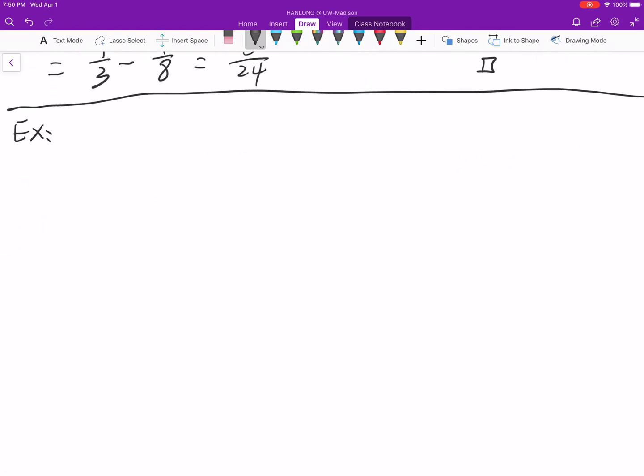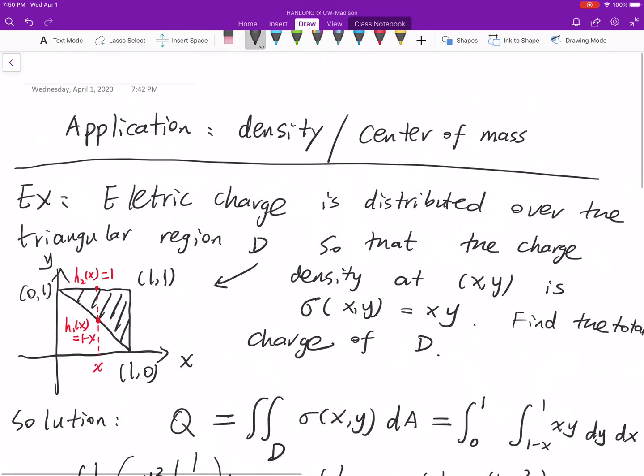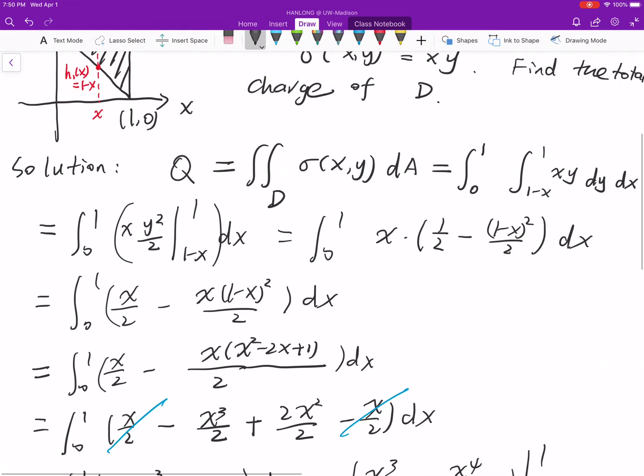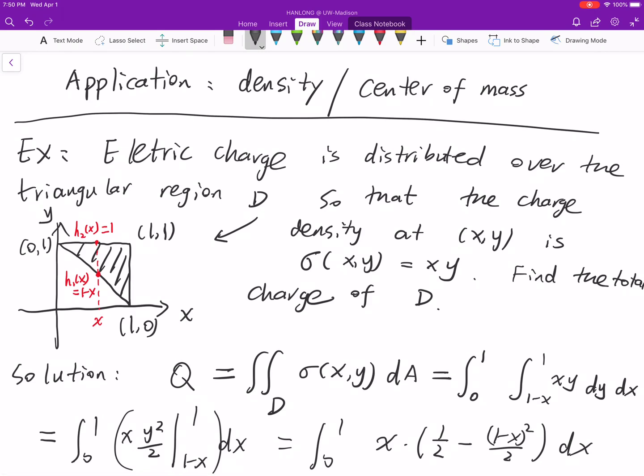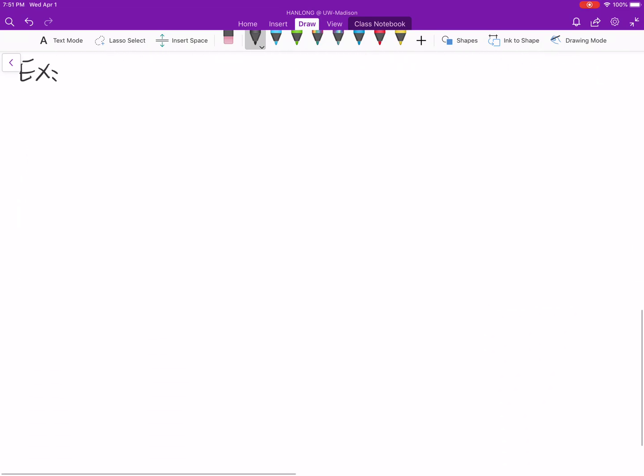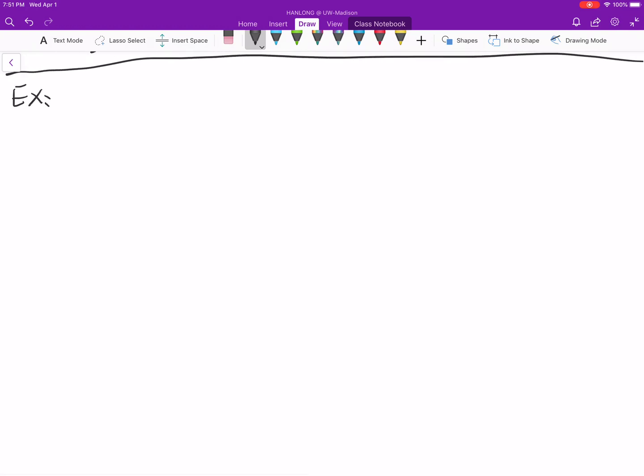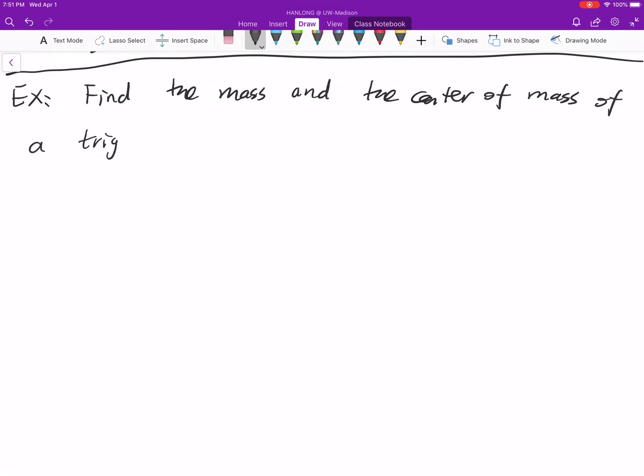Next, if you change the name, charge, to mass, you will have total mass, density of the mass, the same thing. And next we discuss another type of problem, find the center. So find the mass and the center of mass of a triangular